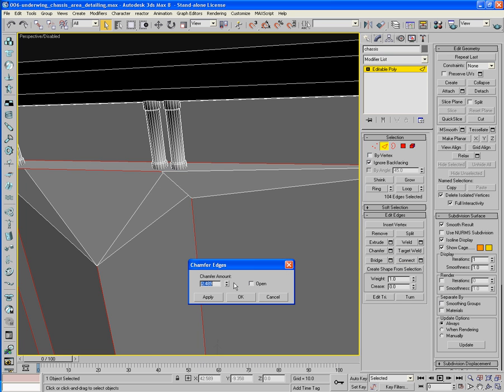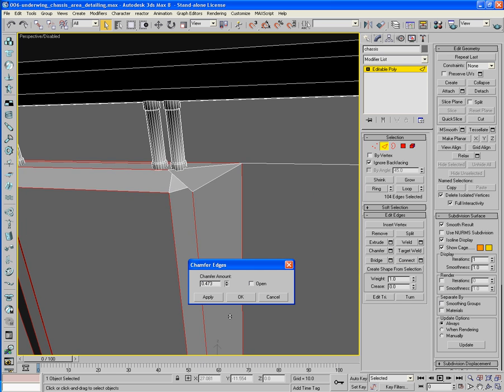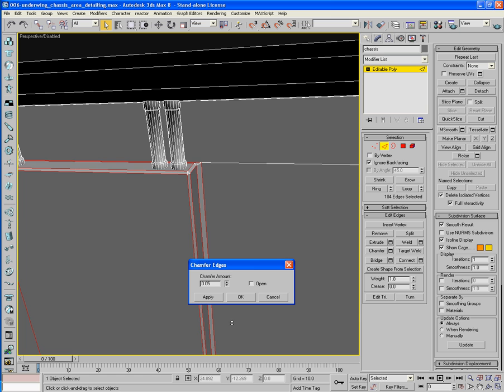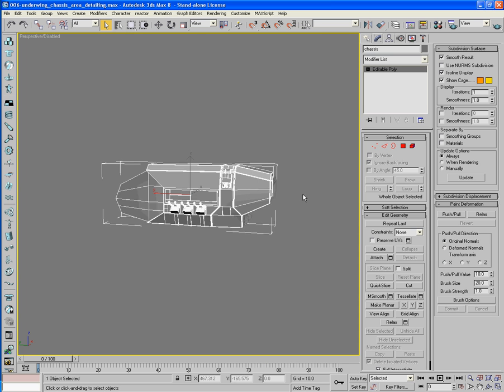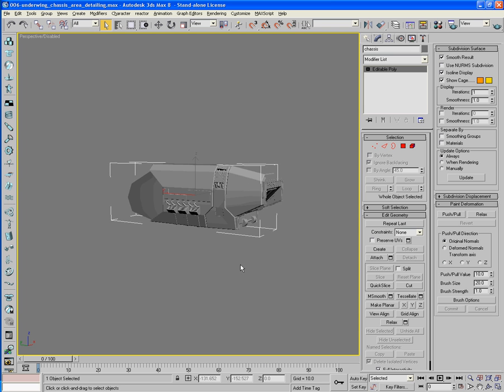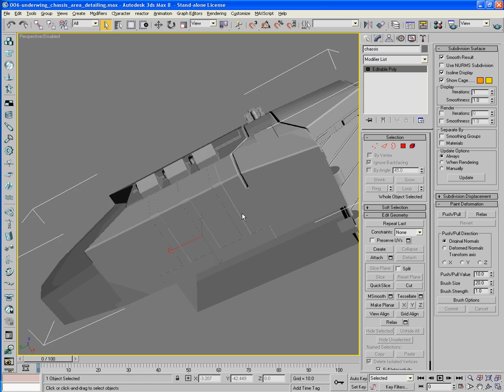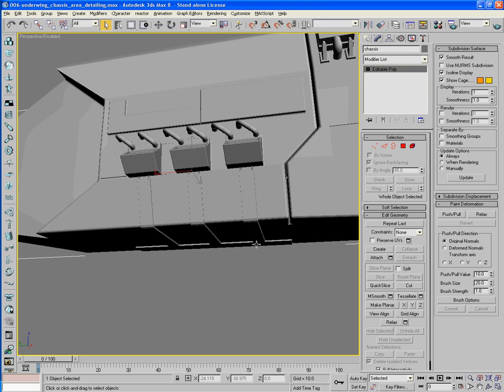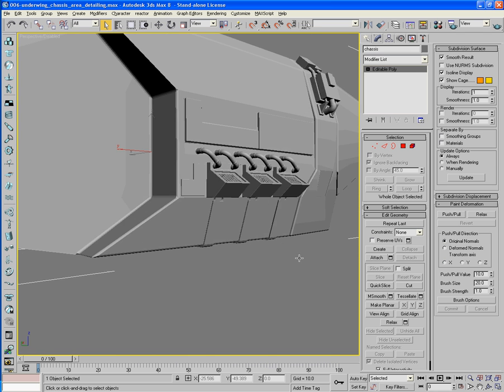Right, click chamfer. Let's bring it back to get something acceptable. There we go. Remember, chamfers don't have to be big, as long as we can get rid of the depth of the model. There we go. You can hardly see the detail we've made, but it does make a difference, and it's broken up